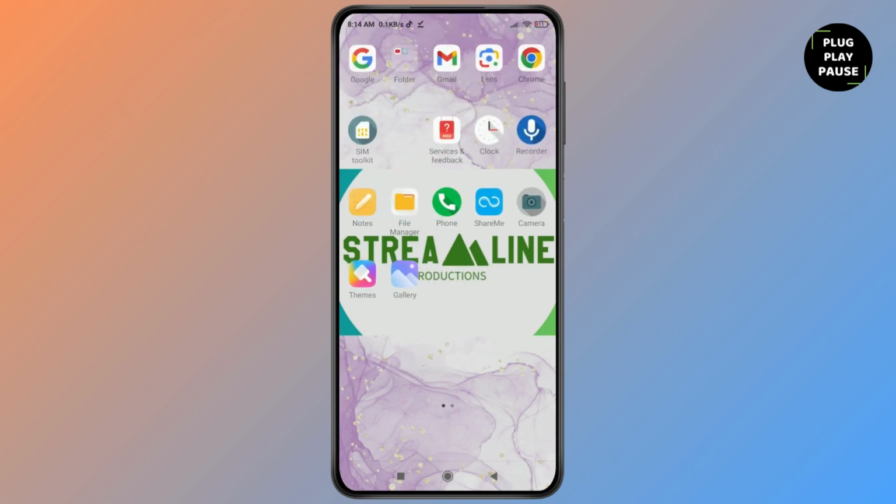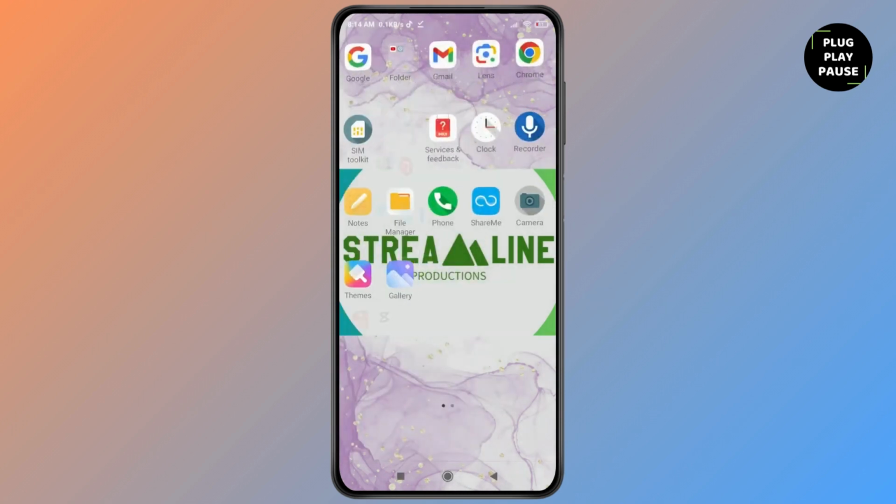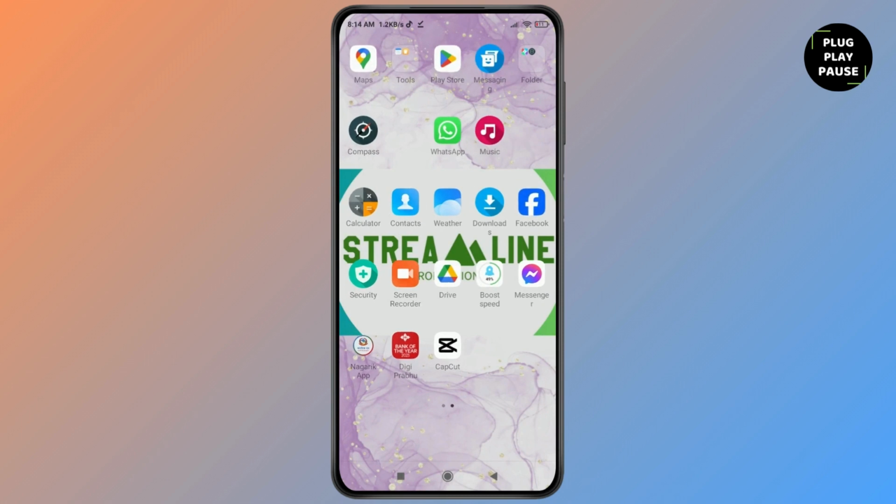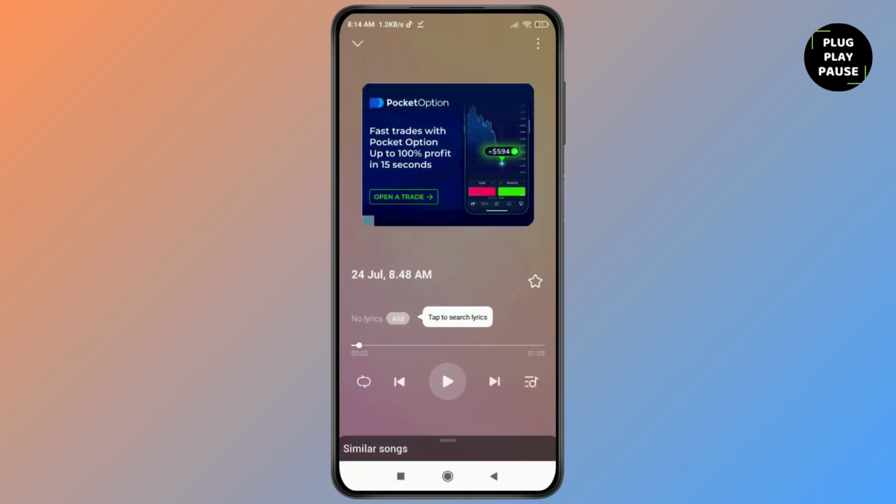First of all, make sure you download audio of the song that you want to make a ringtone of. If you have already done so, then go on the music app that you already have on your phone. So if I want to edit this one audio as my ringtone on my phone, then what I can simply